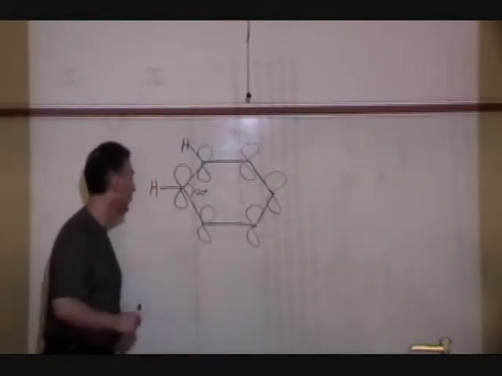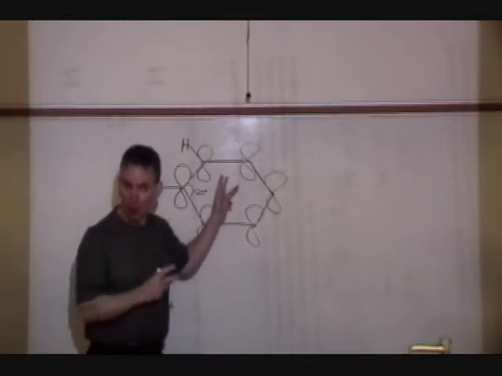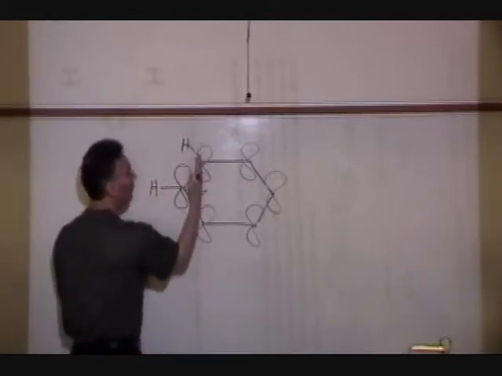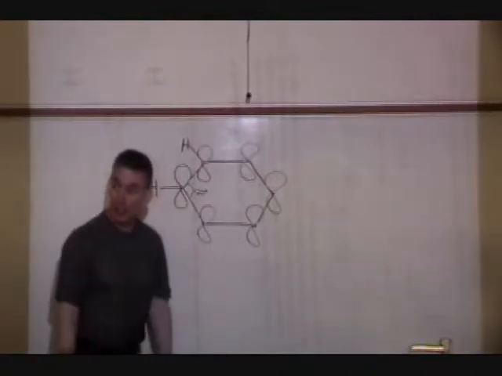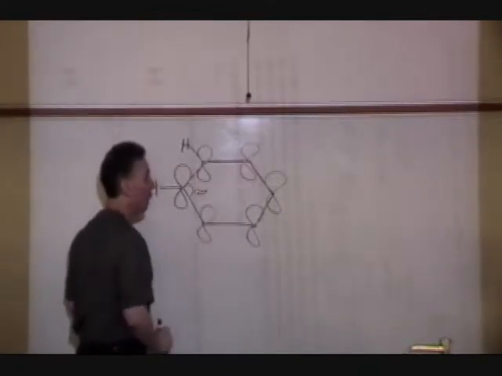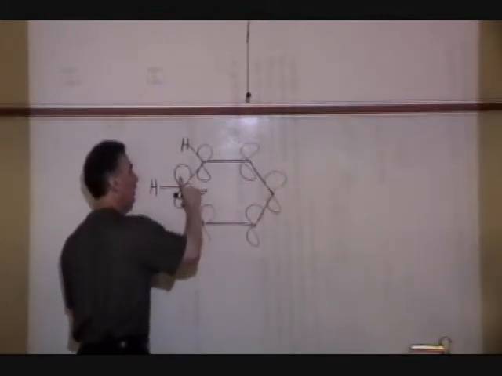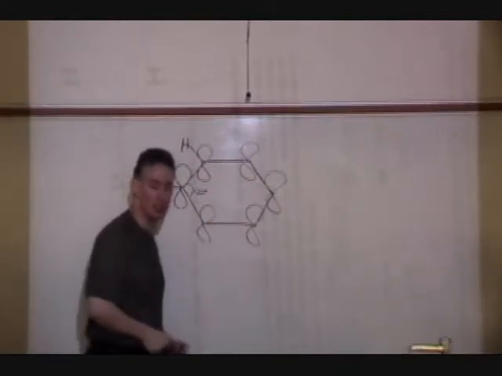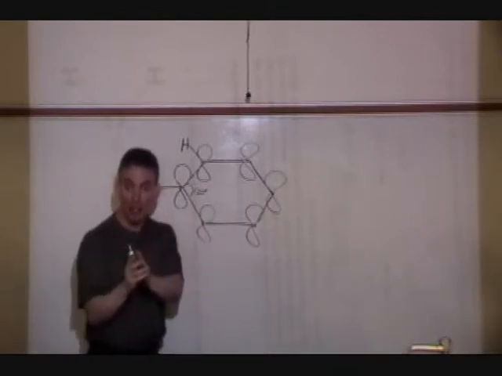Again, I'm drawing my atomic orbitals much smaller than they should be, just to give a bit of clarity. The reality is that this big fat atomic orbital is reaching over and actually overlaps with its neighbouring atomic orbital on the next carbon. But it's not just these two which overlap. These two overlap, as do these two, and these two, and these two, and these two. So there's actually a continuous circuit or series of stepping stones of atomic orbitals overlapping one with the other.